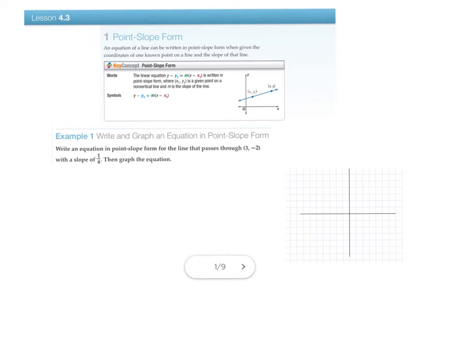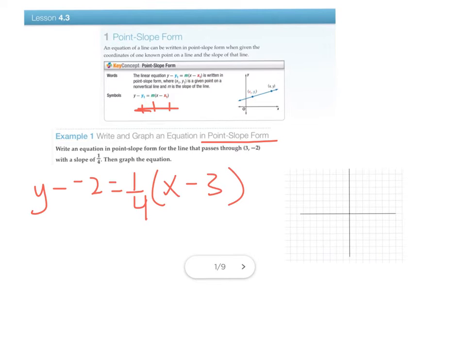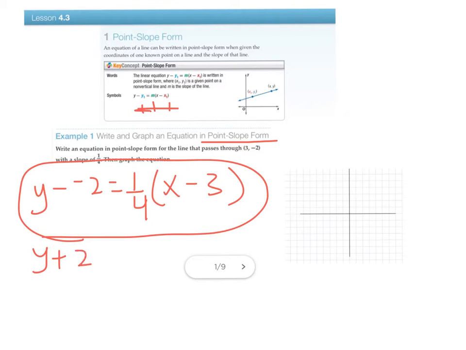So what we're going to do here is use point slope form, which is written right here, and find where the colored letters are, those numbers which they give us in our problem. So if I write y minus the y value, which is -2, equals 1/4, because that's the slope, times x minus the x value, which happens to be 3, I have my point slope form, which we could simplify to y plus 2 equals 1/4 (x